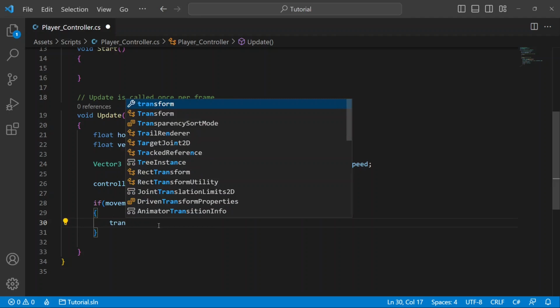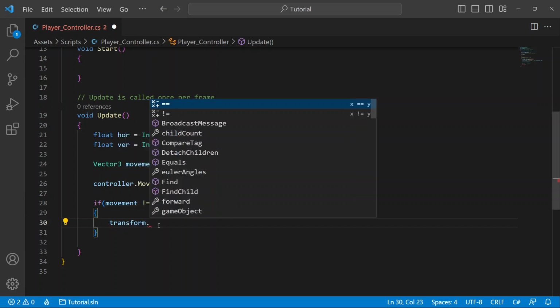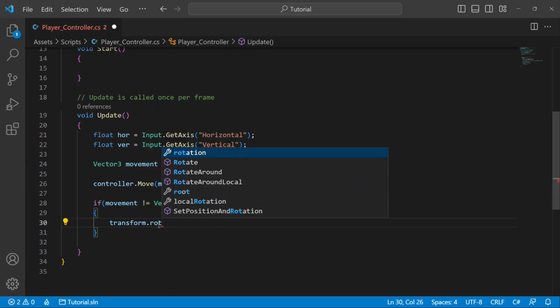Transform is another way to move, rotate, and scale our character. Transform dot rotation